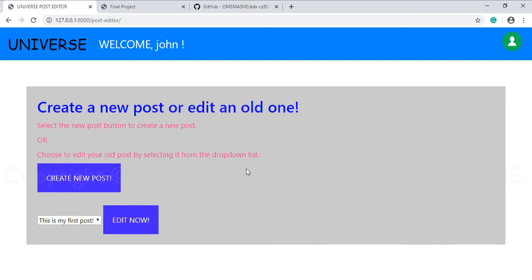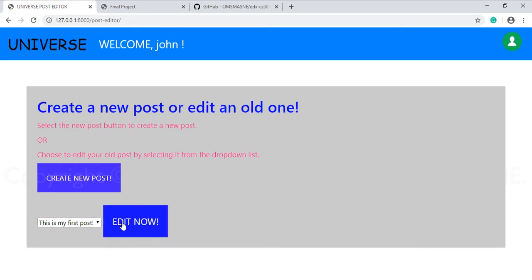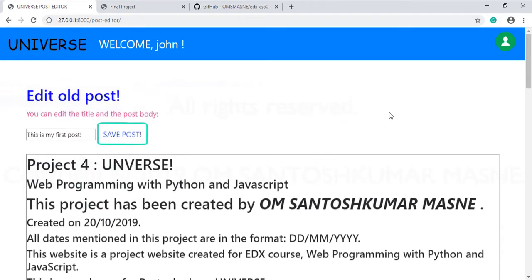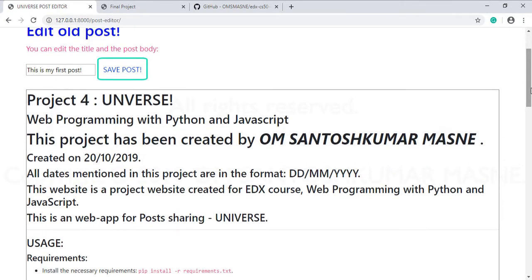Once the post is created, the user can now select any post he has created earlier to edit it. The post title or the post body can be edited here.